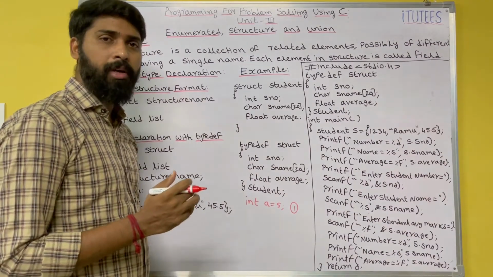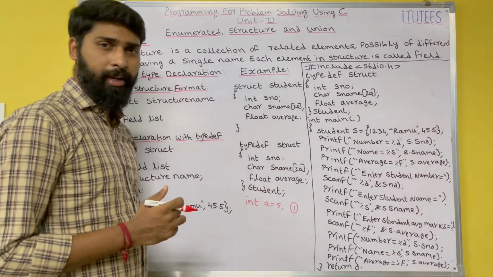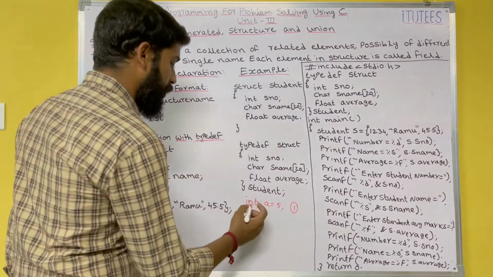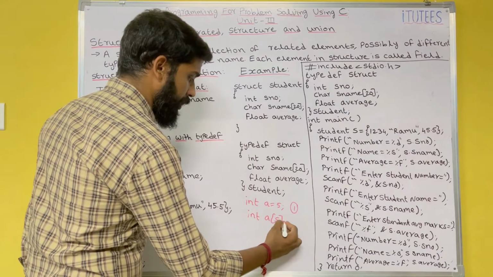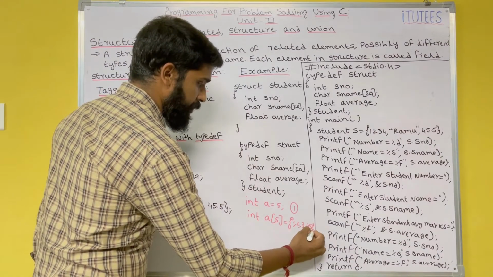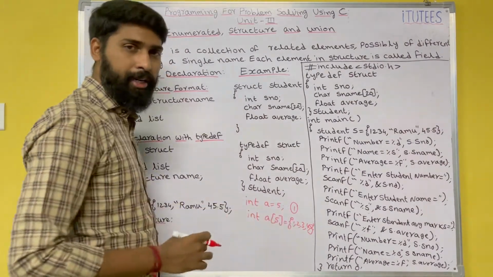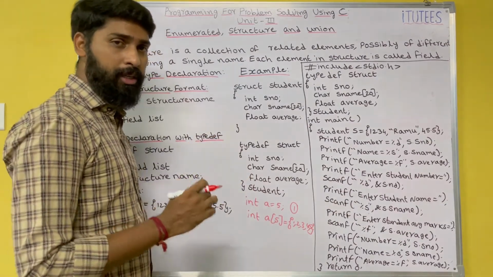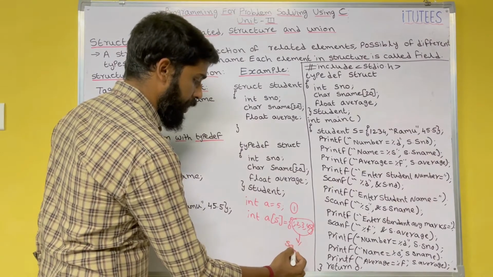For example, in my program, I want to use 5 data elements, and all the data elements are the same data type. Then I am going to use arrays. In this, I am going to store the 5 elements. So what is an array? An array is a group of similar data items. Now, what is the disadvantage in this array? The disadvantage is that all the elements are the same type.